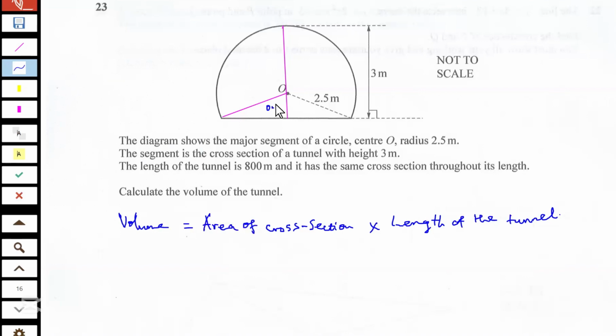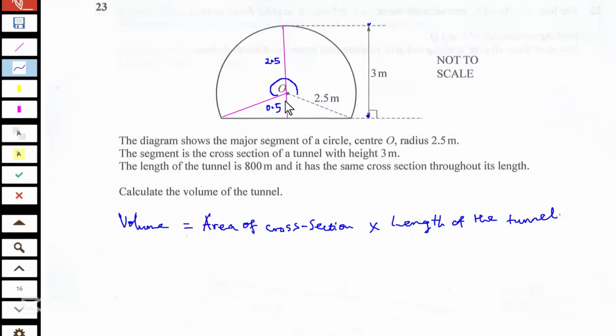0.5. If the whole of this is 2.5 meters, which is the radius, and the whole of this length here is 3 meters, so the radius is 2.5, the remaining part of the length is 0.5 meters. Now, to calculate the area of the major sector, we should be able to find this angle for the major